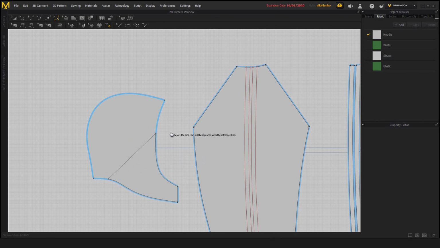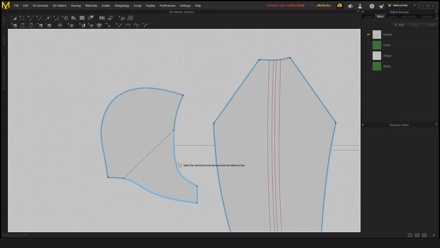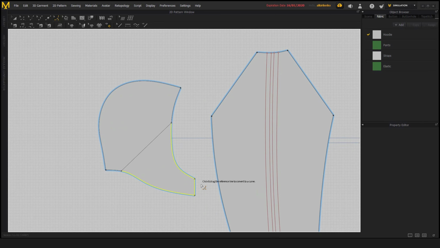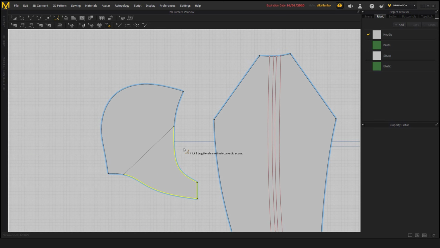So if I click that, now I get to choose the side that I want to cut out. Let me just illustrate that. If I choose this side, the segments are highlighted in blue now, and if I move to this one, it's highlighted here. So if I click, now there's a different highlight, and what I need to do now is